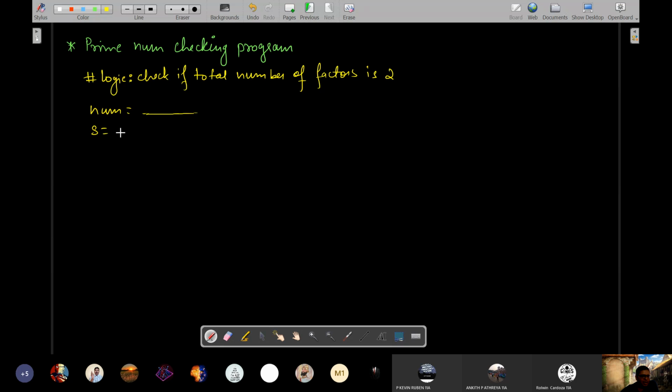You will increase one counter variable which will be counting the number of factors each time you find a new one. It will increase itself by 1. So the last value of S will be the number of factors.